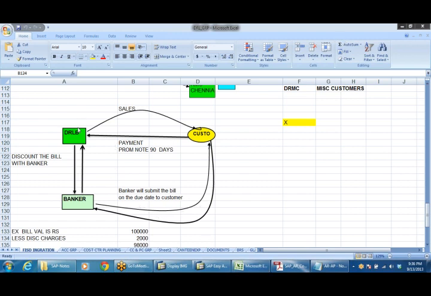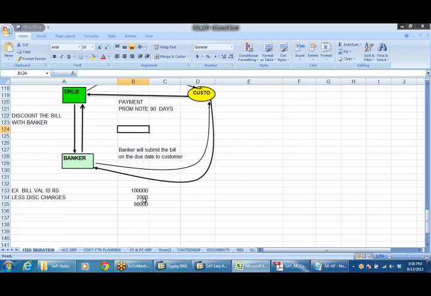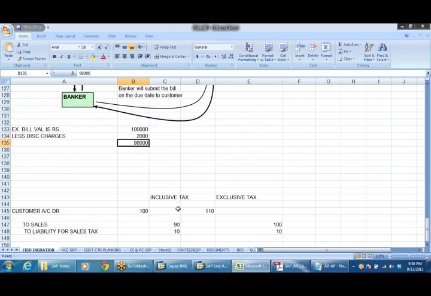Here the company's debtor will be the sale made to the customer, and when we make the sale, we'll be receiving the payment as a promissory note, say 90 days or 30 days, whatever it may be. And as soon as we receive it, we discount the bill of exchange with the banker, and the banker gives me, out of 1 lakh, 2,000 he will keep and 98,000 is given to me. At the time my accounting entry is going to be